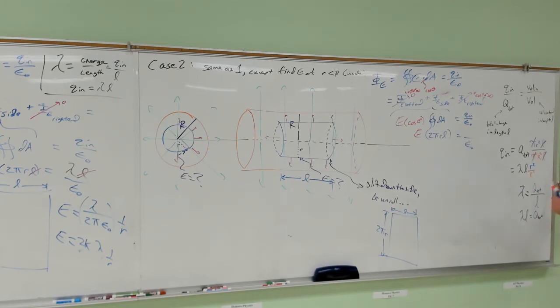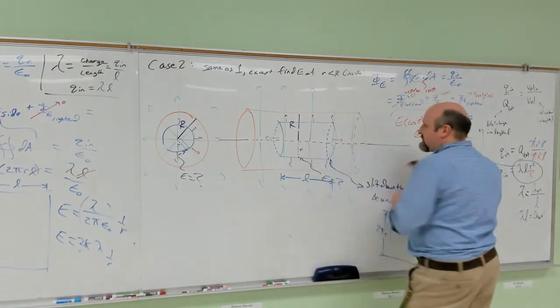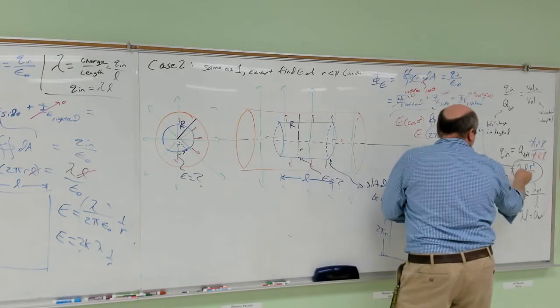Okay, and that's the Q in my bubble. The Q in the bubble, in the Gaussian surface. This goes into Gauss's law. All right, so that's the tricky part. But again, because it's evenly distributed, we can just set up a nice ratio. So if I do this and I put this in there,